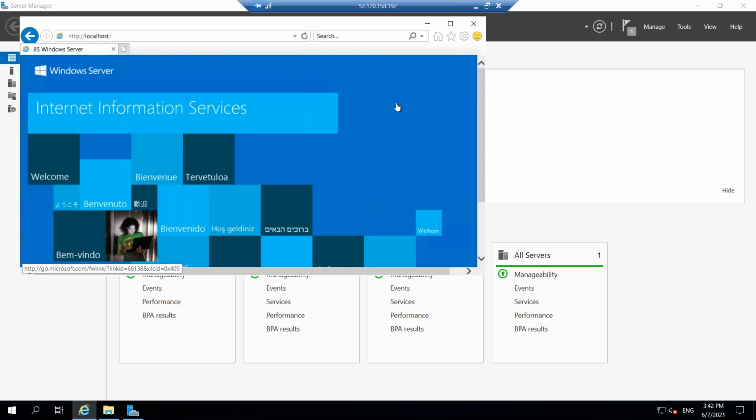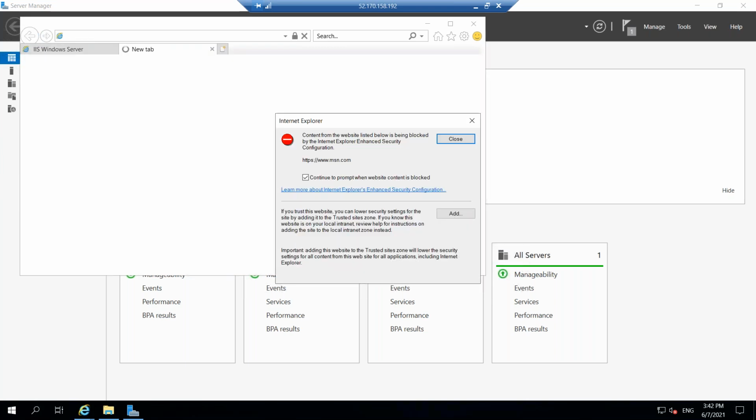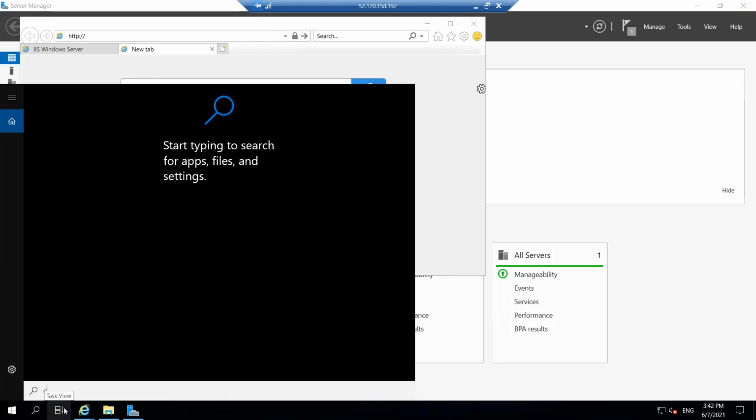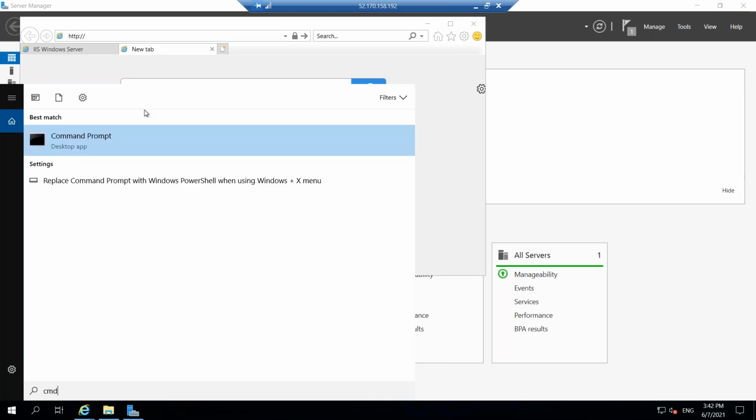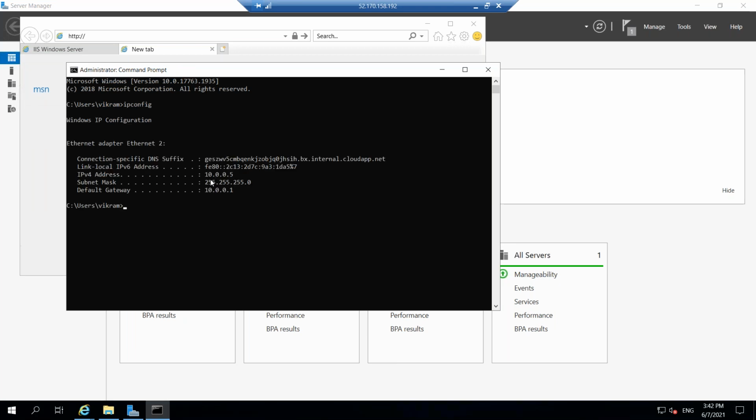Now if I give localhost, or if I give my internal IP over here, it will work. I think I will go with CMD. 10.0.0.5 is the IP.